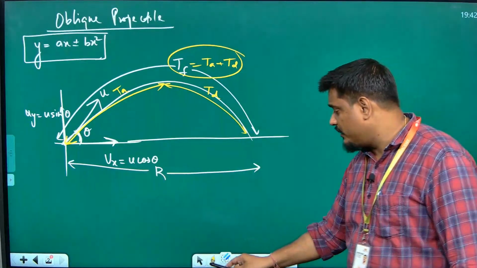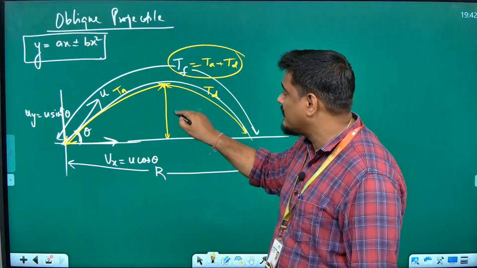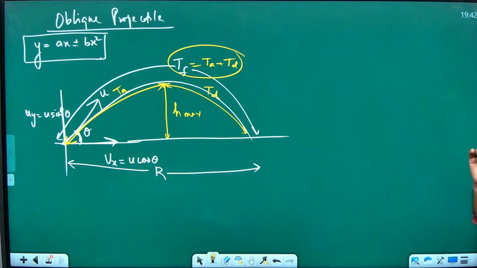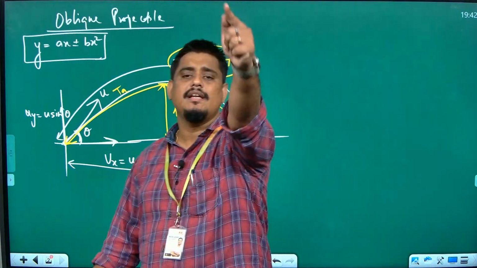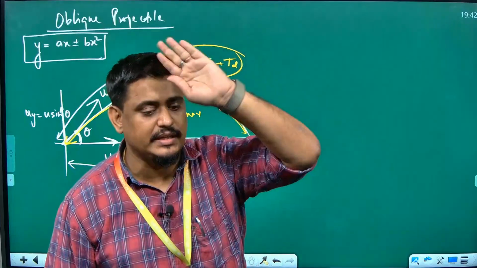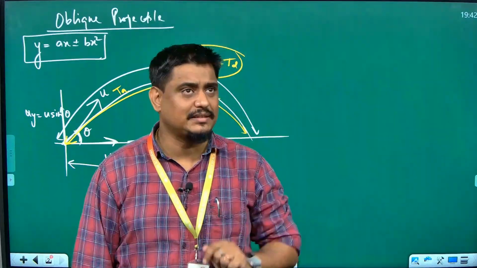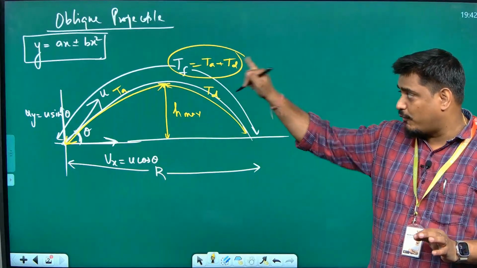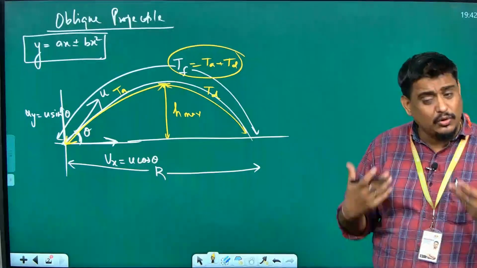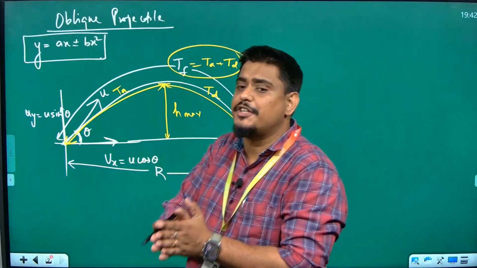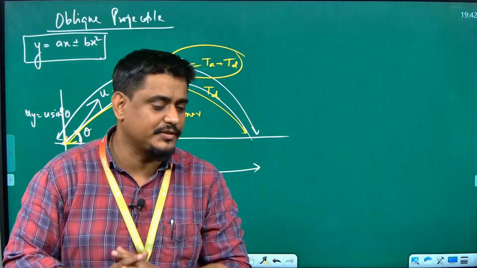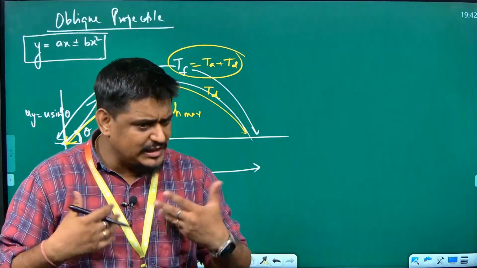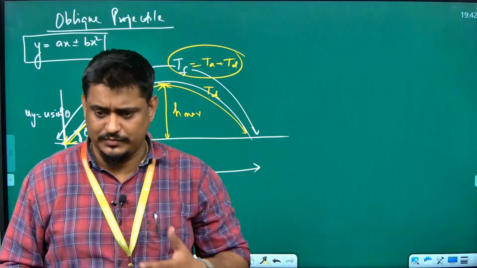Also, we are going to find the maximum height. It is called H max. H max is the maximum vertical height. When I am throwing something, what is the maximum height it is going to reach vertically? That is called H max. So, in today's class, we are going to derive and find H max, the time of flight, and the range. Also, we will confirm that the trajectory of a projectile is parabolic in nature. I hope you understood the objective of today's class. We will solve numericals based on that today, and then we will go to circular motion.